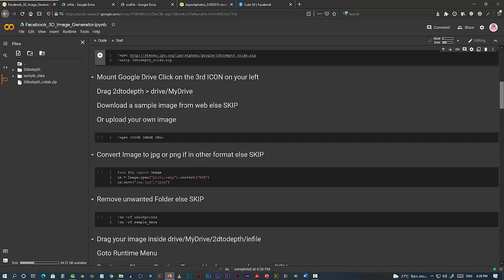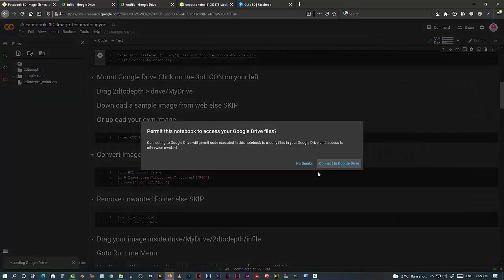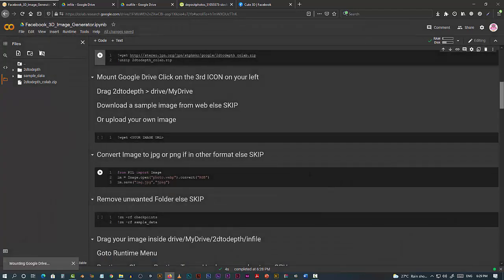Now most of you might be using code to mount and so on, but I suggest don't do that because it creates weird errors and you are not able to mount and unmount later using code. So it's better you do it manually like this. So I'll just mount it. I'll press here. Yes, connect.